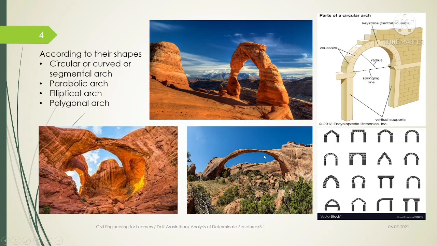This is a curved fixed arch. So you might have two or three combinations of the types. So you can see the segment might be of different types. So according to the aesthetic and appearance, you can make your arch into different segments. So this is known as segmental arch, and it can be parabolic, elliptic, and polygonal arch.